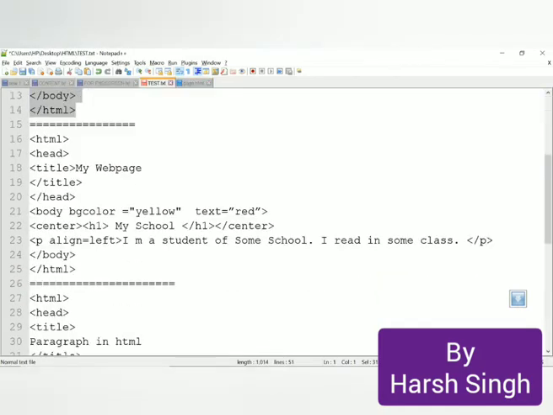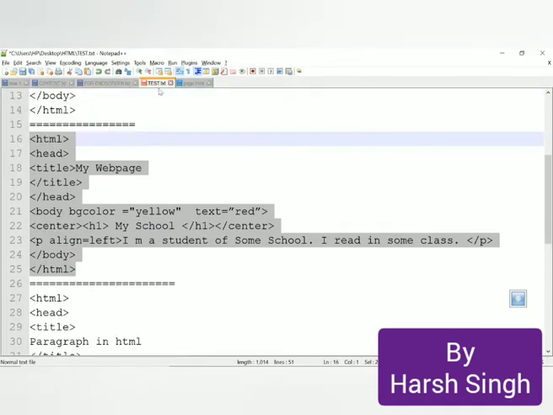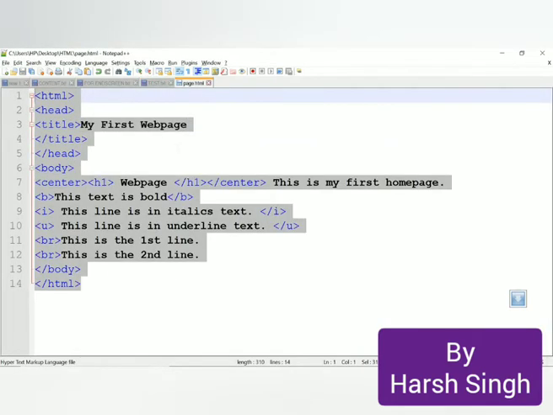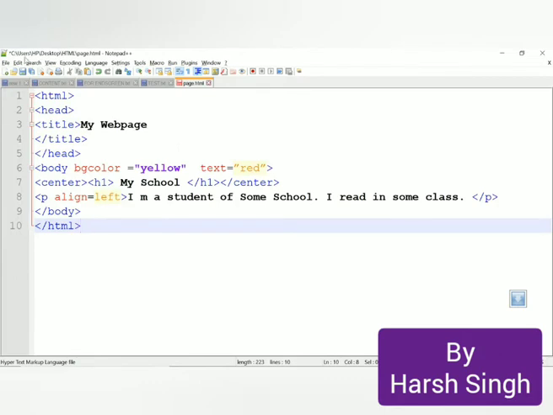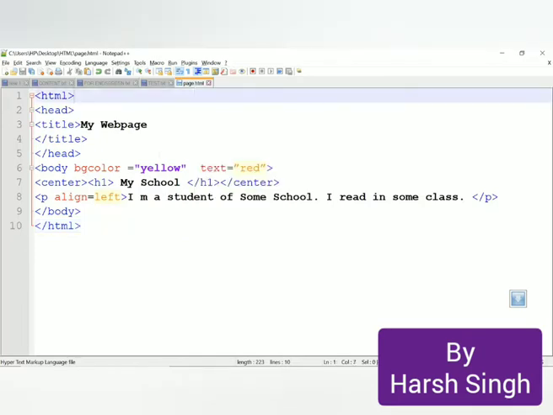So this is our program, right? I will just copy it so that we don't have to make any other HTML file. I will just paste it here, and see, there is a star sign, so I have not saved it. So Control S, or you can save it from here. So we have saved it, and the background will be yellow and the text will be red.